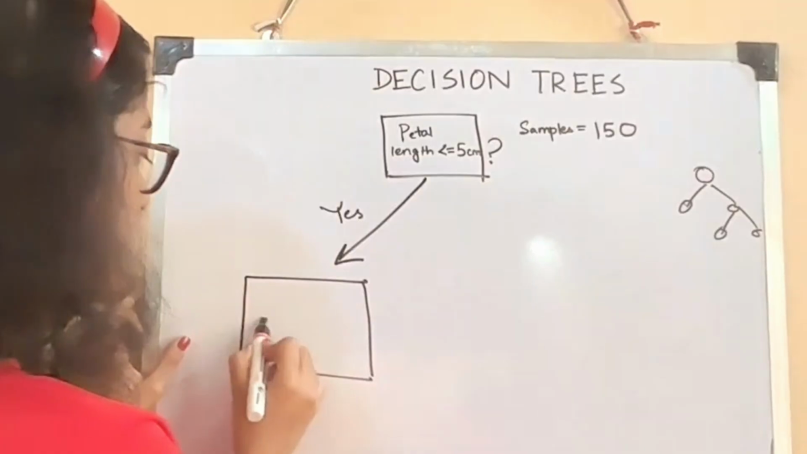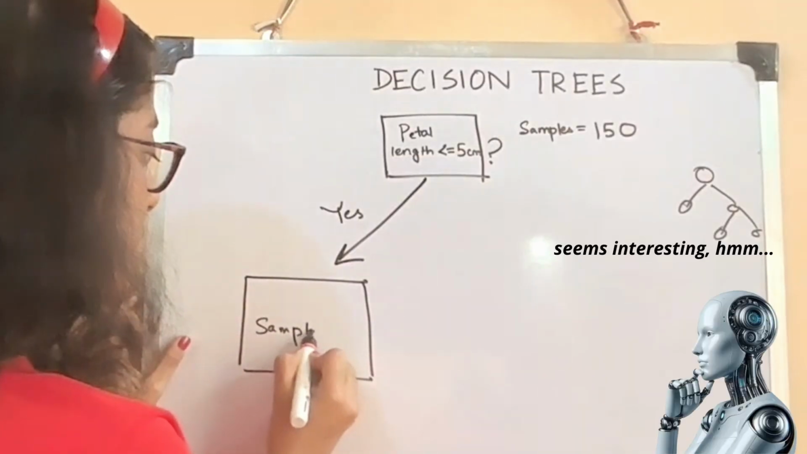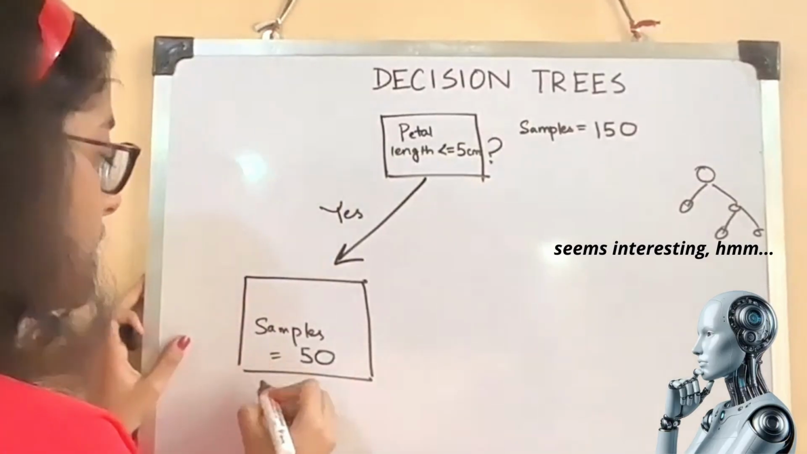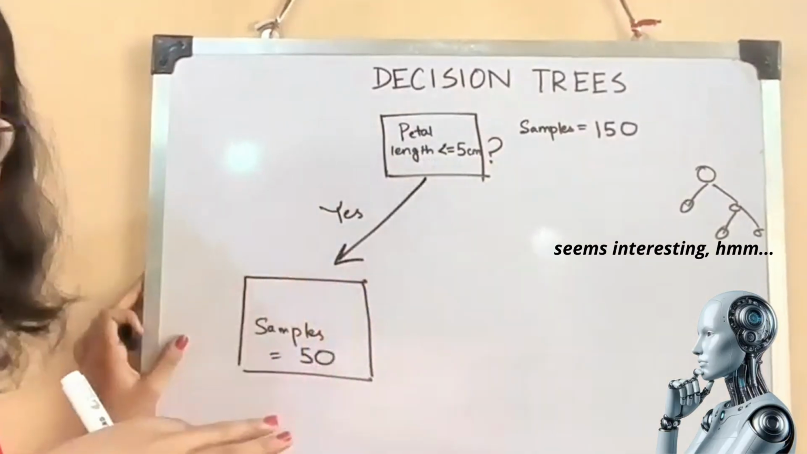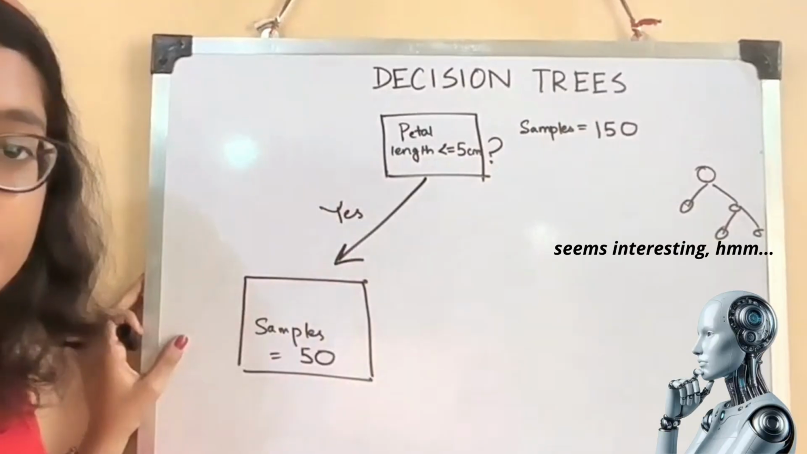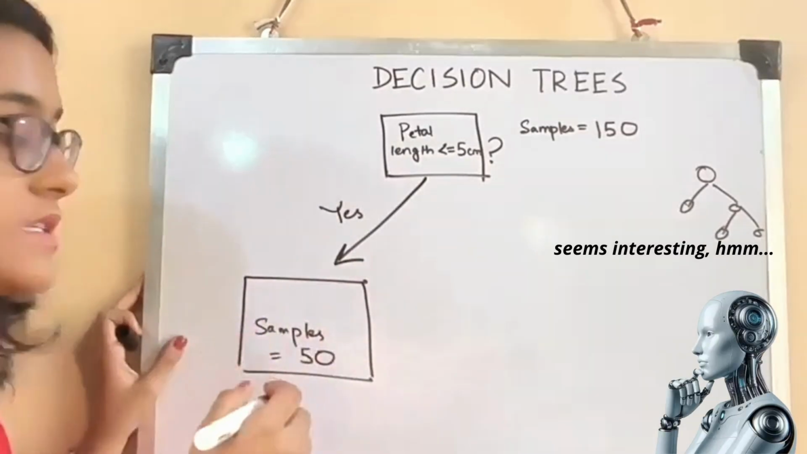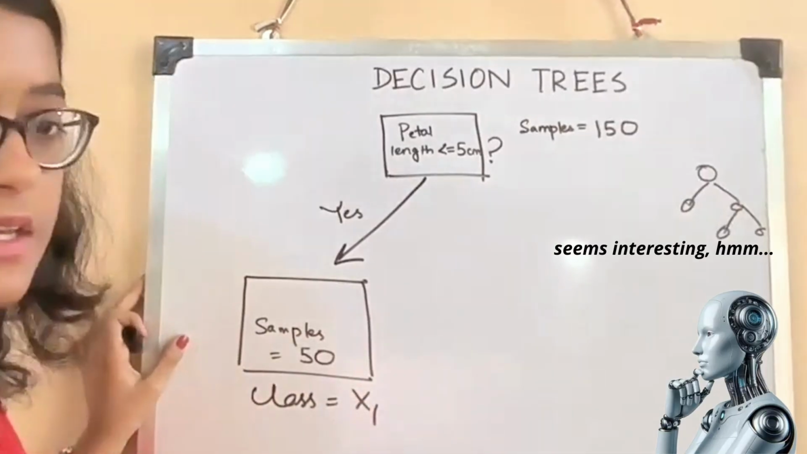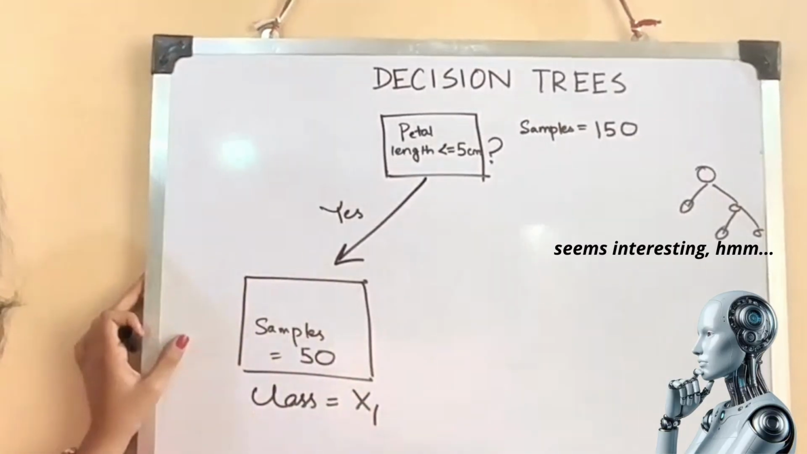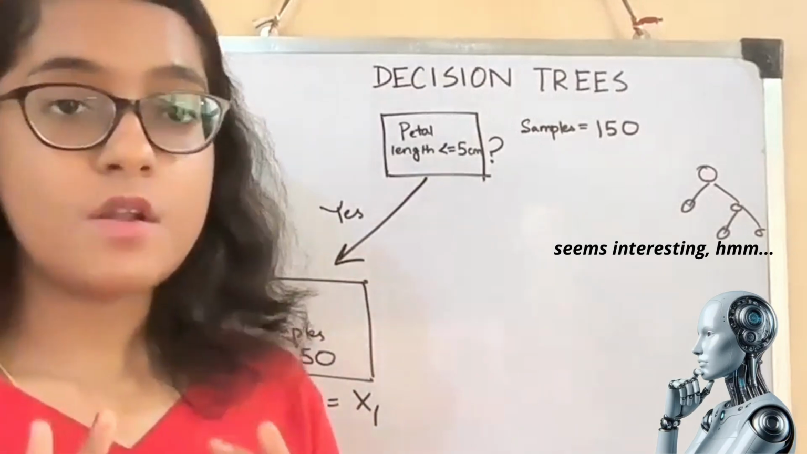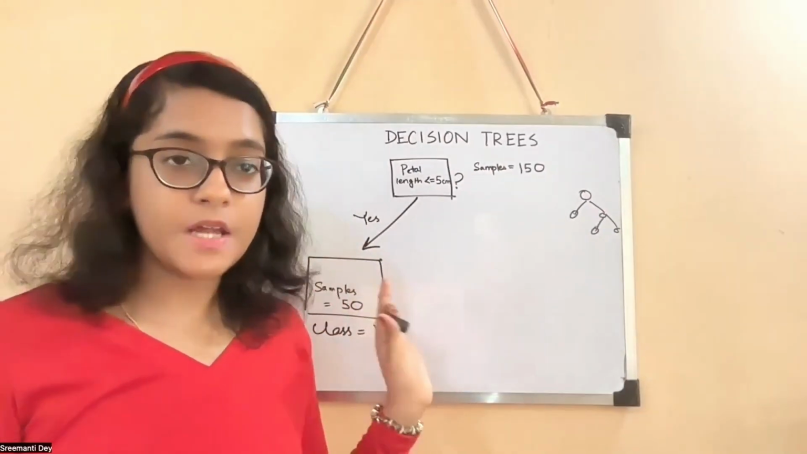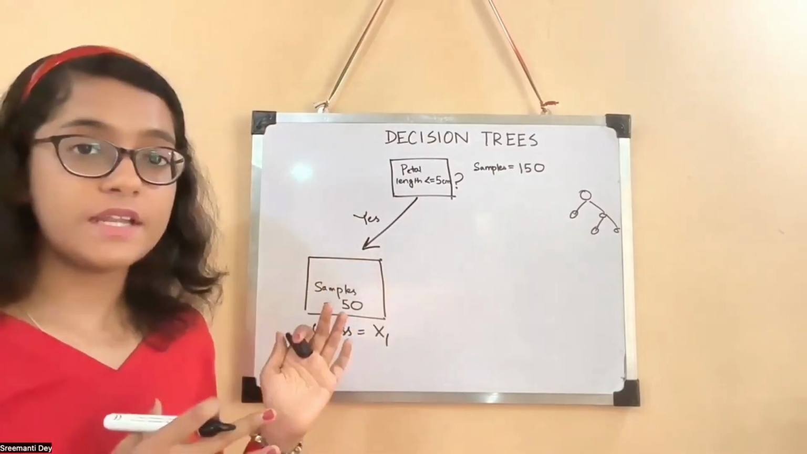This means that this has sample data points, 50, let's say. And the class, whenever the petal length is less than or equal to 5 centimeters, we don't need any other features. We can directly say the class is going to be x1. Here, all the 50 points have class x1. So remember, this is not real life. This is a very dumbed down scenario that I'm using so that you get the basic